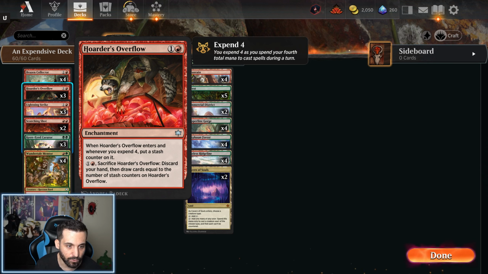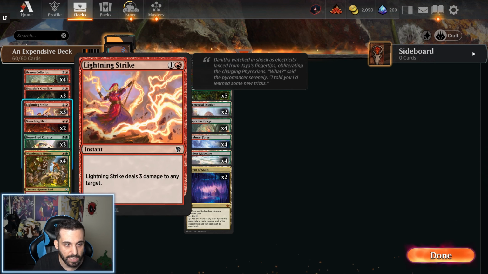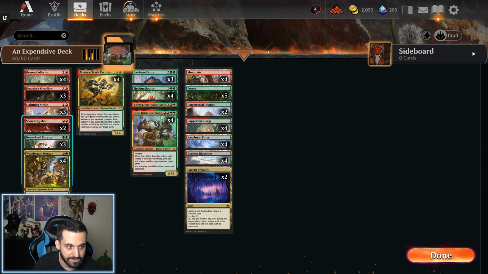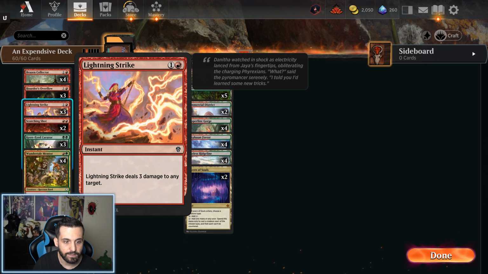Whenever we expend 4, we put a stash counter on this, and then we can sacrifice it and discard our hand, and then draw a card for each stash counter on this card. So it's another failsafe to make sure that we always have things to do and we don't run out of cards to play. And then we have 3 copies of Lightning Strike and 2 copies of Scorching Shot, because they are just very efficient 2-mana removal